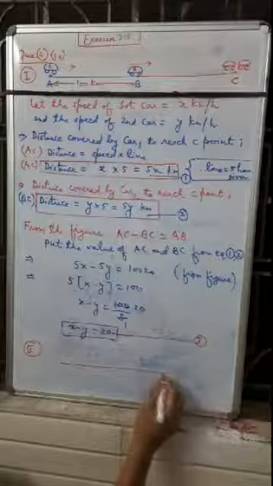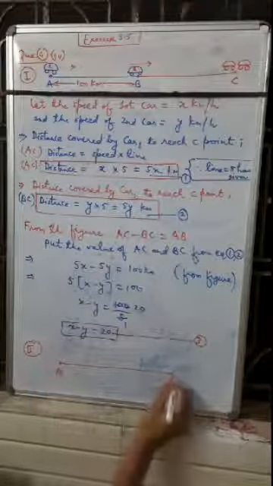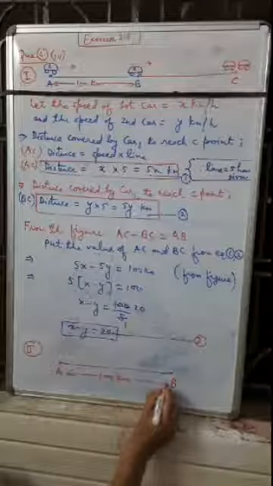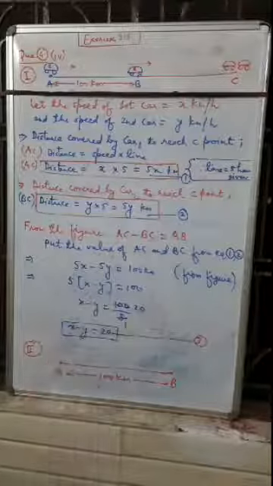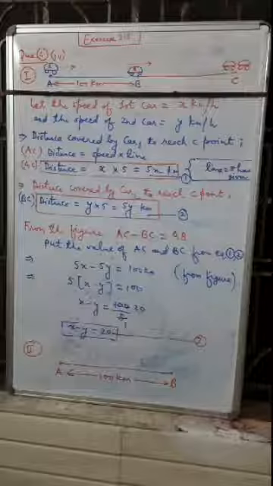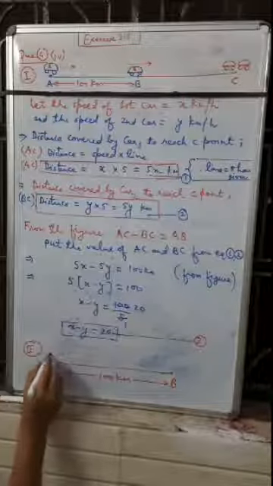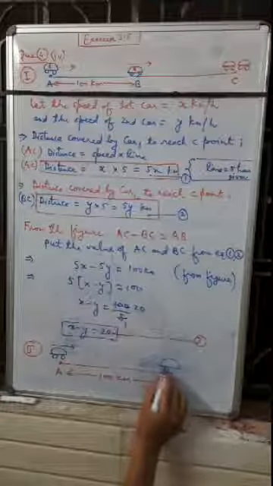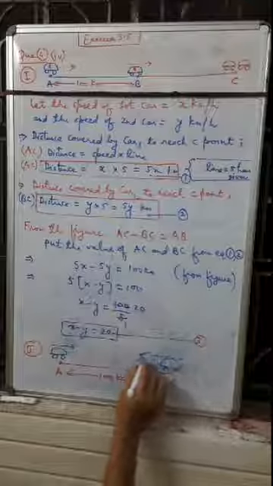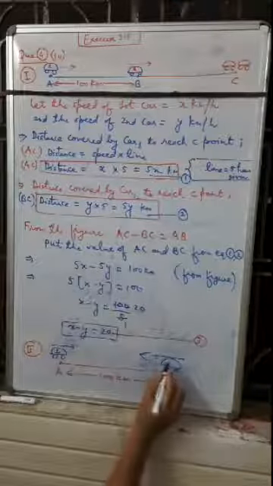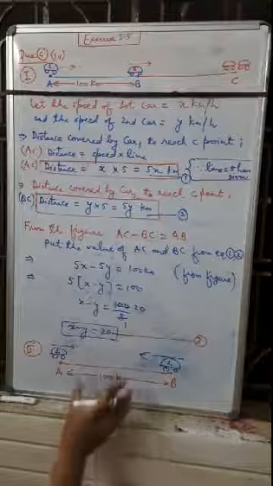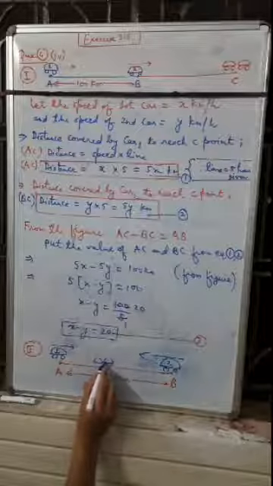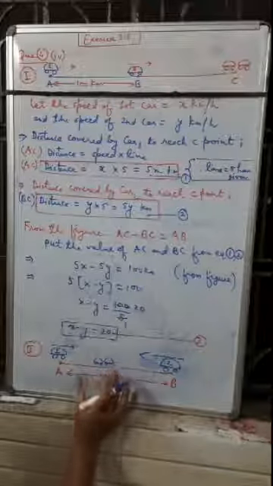These are two stations, station A and station B. They are 100 kilometers apart. Now, one car starts from point A and moves in that direction, but car 2 in the second condition moves opposite to car 1. Both are moving towards each other, and after 1 hour, somewhere here, they will meet each other. Okay, so that is the second condition.